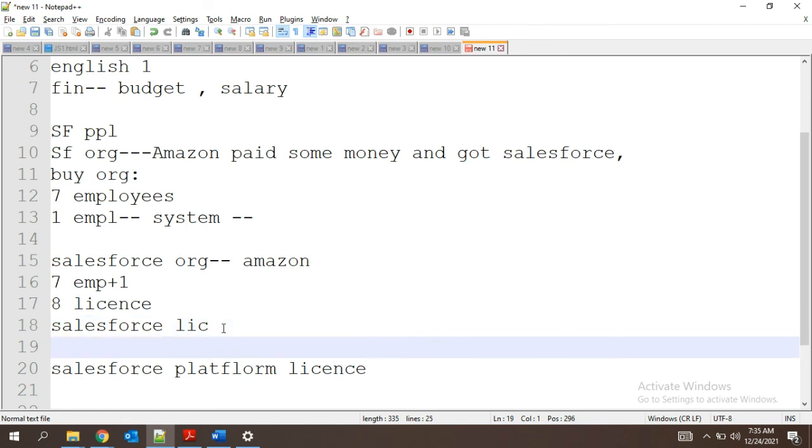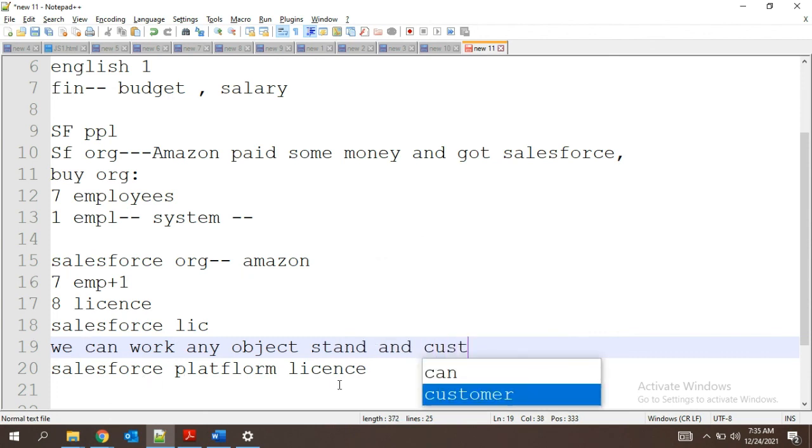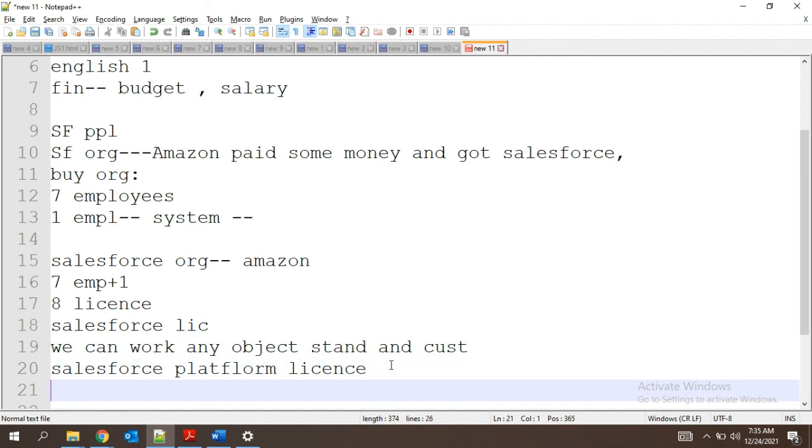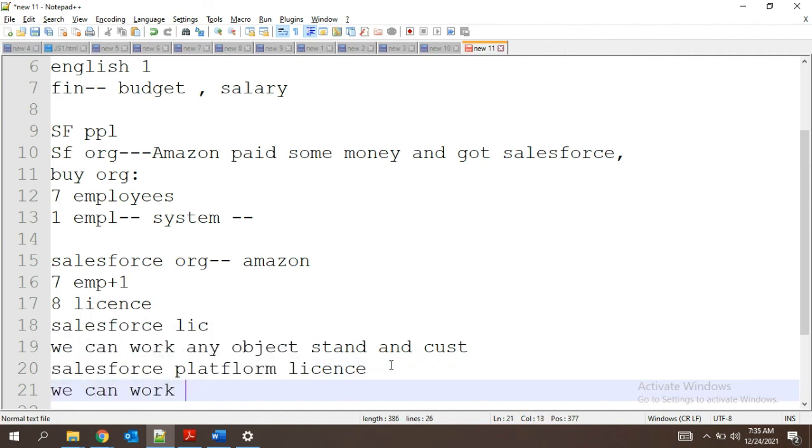So what is the speciality in the Salesforce license? We can work on any objects, standard and custom also. But in the Platform license, we can work only on